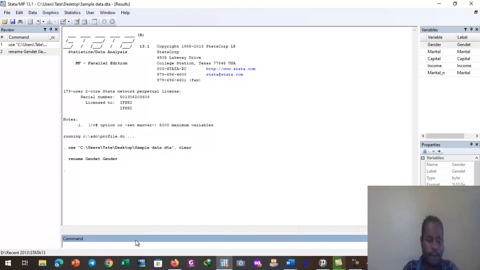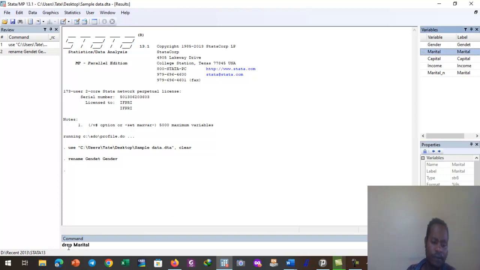Here we go. Drop. It is technically called dropping. Now drop which variable you don't want. For example, here we have a variable named marital, which indicates the marital status of the respondent, and here marital underscore n. And we want to remove this variable. Then technically to do it, we write drop. And mind you, when you are writing a drop command, you have to make sure that the first letter d is small. Then double click on the variable that you want to remove in the variable column,